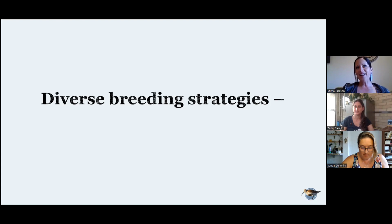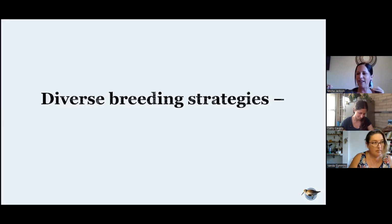And one of the things that really struck me, because I think we do tend to lump shorebirds together because they do have attractive features that are in common, and we see them in these big groups. And I think we do tend to think, especially of coastal shorebirds, as being quite similar. But something that really occurred to me on the breeding grounds was that even though these birds look similar in their overall life history, their breeding strategies are really, really diverse. So you have